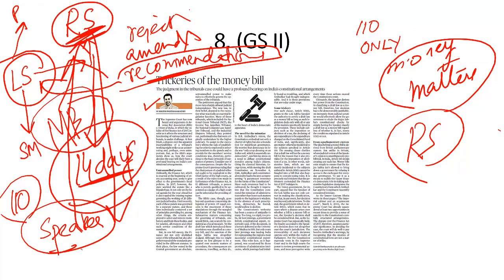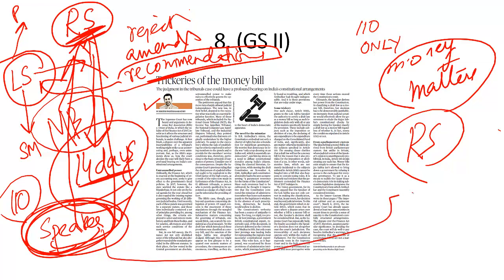And the Constitution says this certification by the Speaker is final. When we say the certificate is final, that means we cannot challenge the decision of the Speaker in a court of law. But even this decision was challenged in the court of law, when Jairam Ramesh filed a petition before the Supreme Court challenging the certificate of the Lok Sabha Speaker certifying Aadhaar as a money bill.